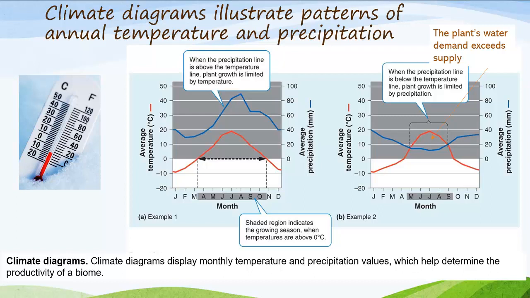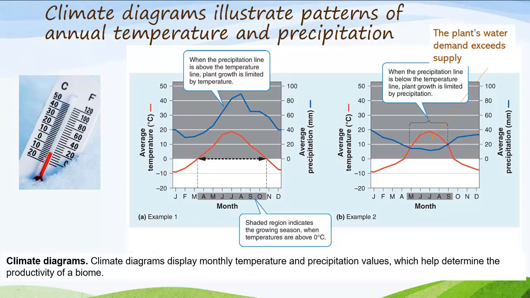Is it dry, or is it wet enough where there's a lot of growth? Okay, so the rain falls all year, but plants are not limited by rainfall. They're not held back by rainfall because the rainfall's always there. So they're always getting the water, but the plants require a certain amount of water, and they require the temperature to be above freezing. So plant growth is limited or held back by temperature for these months of the year